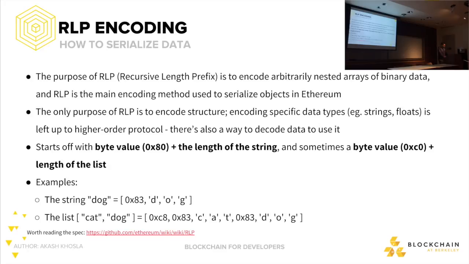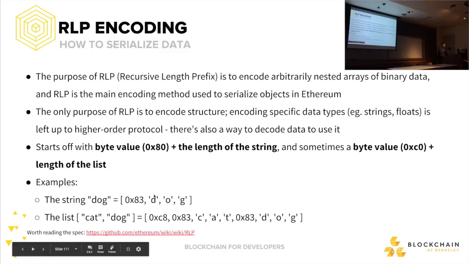If you want to RLP encode the string dog, you're simply going to start off with the byte value 0x80 plus the length of the string. So that ends up being 3. So you have 0x83, and then you basically just serialize dog by splitting it up